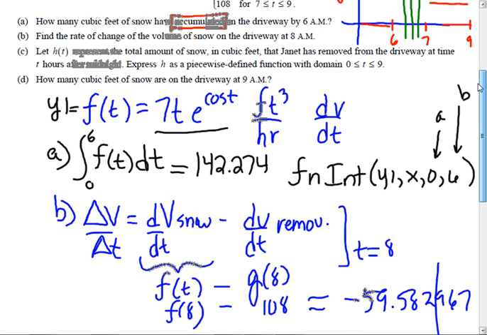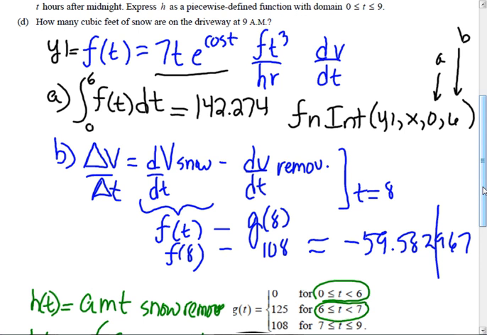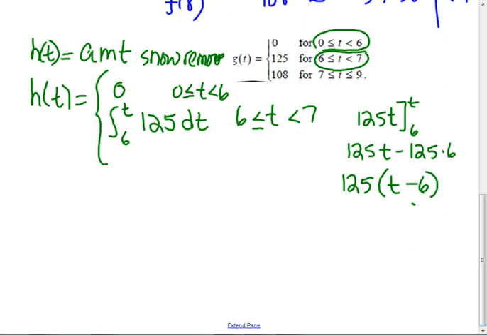I want between 7 and 9. But how much has she removed in this first hour? Has she removed 125 in 1 hour? That doesn't change. By the way, this was a BC question. Did I say that already in here? And they didn't practice it, which is unfortunate, because it would have made it easier. Plus, you have to figure out how much she removes,